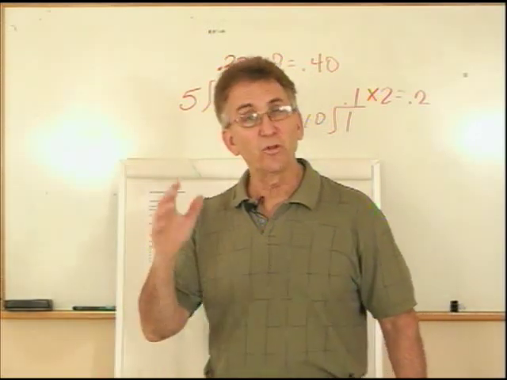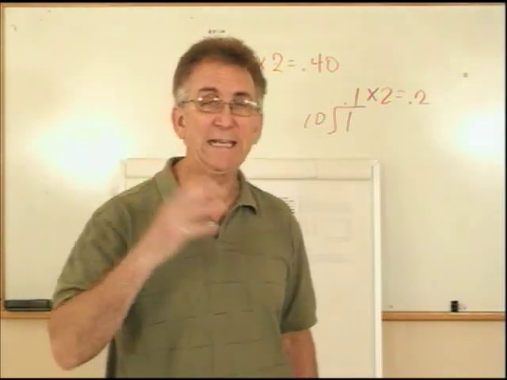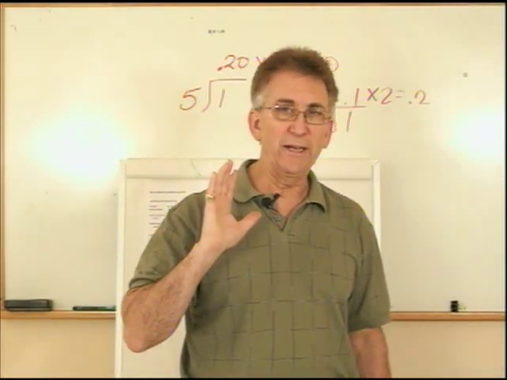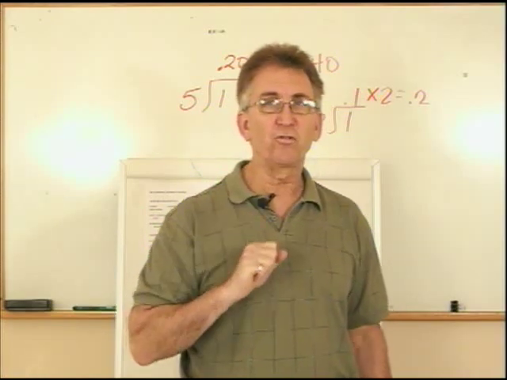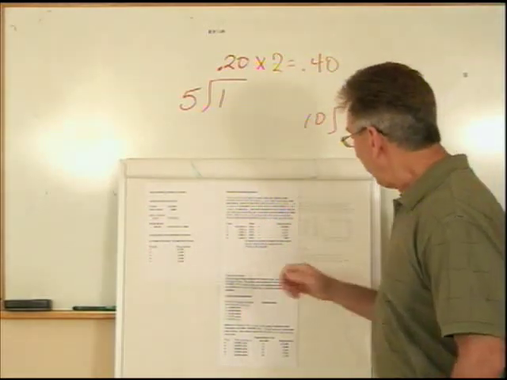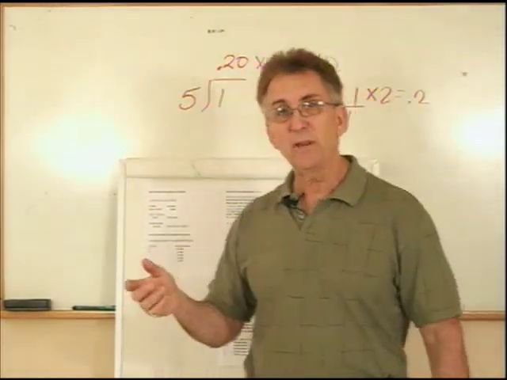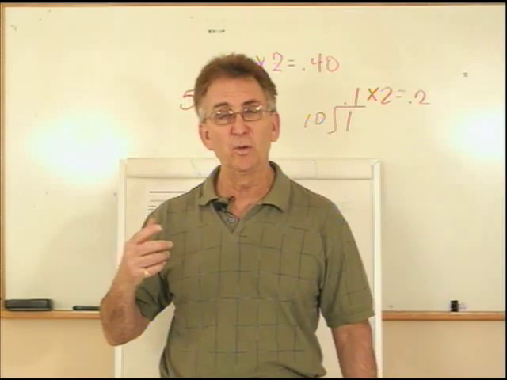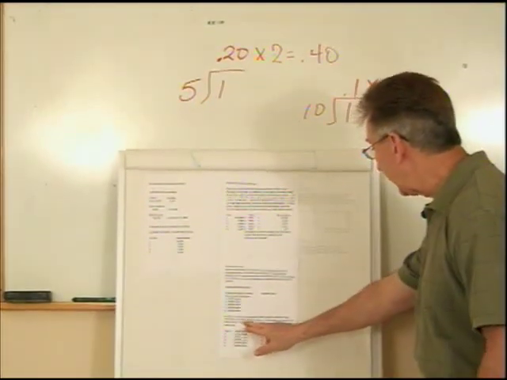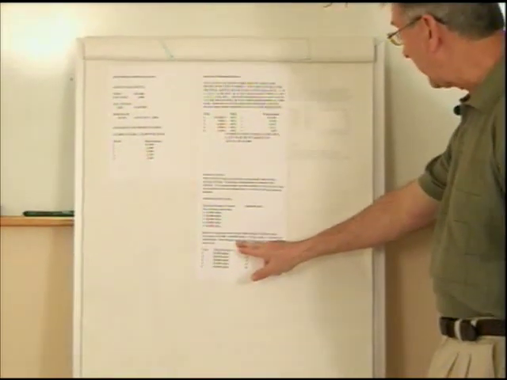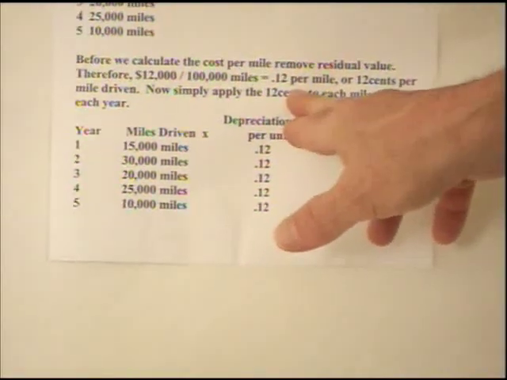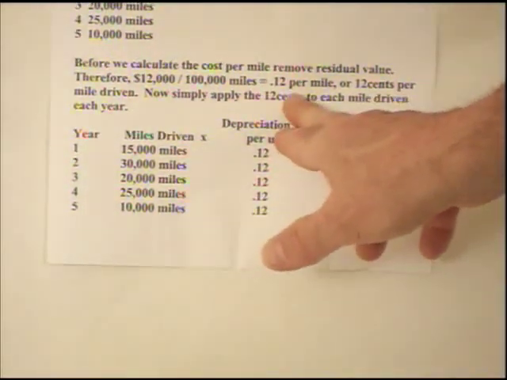So what we'll do is we'll take out the salvage value still, because we need to leave that at the end. And what we need to do is just start with the $12,000 number. So if it's 100,000 miles, we'll simply take the 100,000 miles and divide it into 12,000 bucks. And when we do that, as I have in this calculation down here, $12,000 divided by 100,000, it's 12 cents a mile. So for every mile that we drive that vehicle every year, I can take out 12 cents